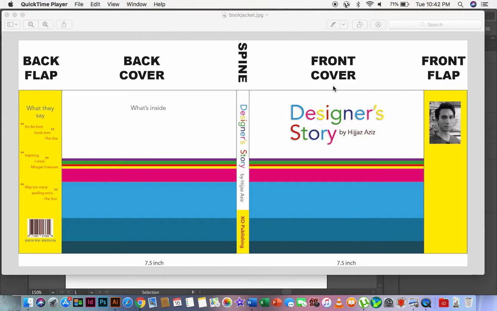For this tutorial, what we're going to do is use Adobe Illustrator to create a book jacket. So what is a book jacket? A book jacket is an enclosed sheet of paper that covers the cover. Okay, you might have a book and then this book jacket will cover the book with the paper, right, to